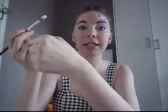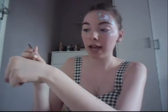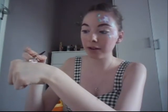Okay, so once you've done your design, I'm just going to zoom in a little bit just so that you guys can see. Once you've done your design, what we are going to do is put the centres in the flowers. And how we are going to do that is by mixing a little bit of white and yellow to get a pale yellow, like a lemon colour. So I'm just going to dip my brush into my water, use my white, and then decant from the brush onto the back of my hand. So I'm just going to zoom back for you. So I'm going to take what paint I have and roll it off onto the back of my hand,